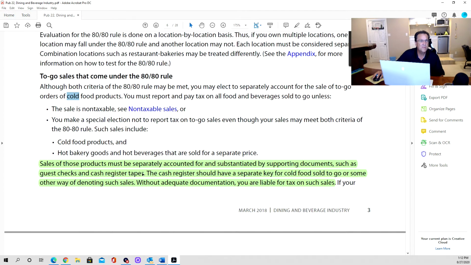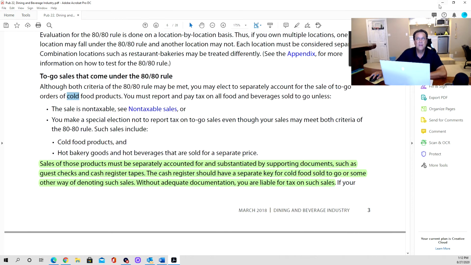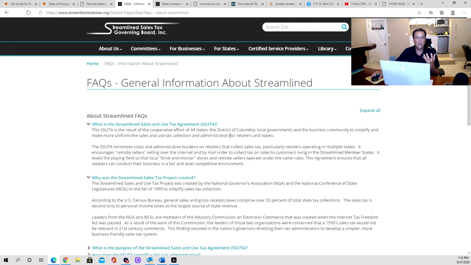Sales of those products must be separately accounted for and substantiated by supporting documents. The cash register should have a separate key for cold storage or to go, or some other way of denoting such sales. Without adequate documentation, you're liable for tax on such sales. So the reason why I'm showing you this is that when you're involved with a state that participates, like Arkansas, in the Streamlined sales and use tax, you're still